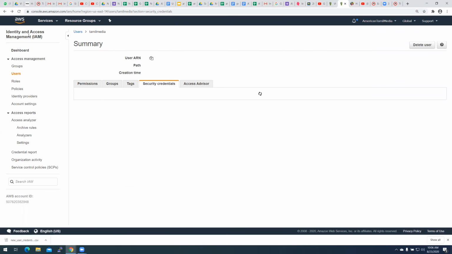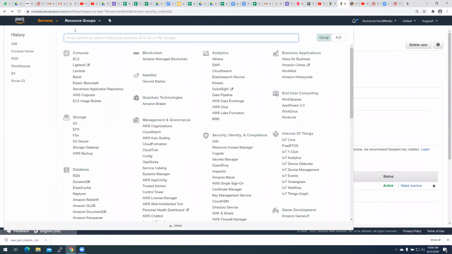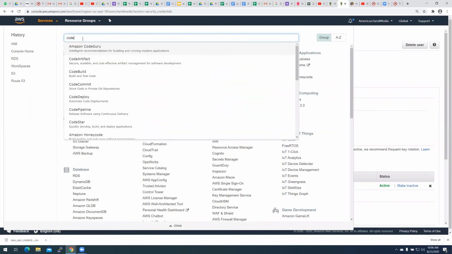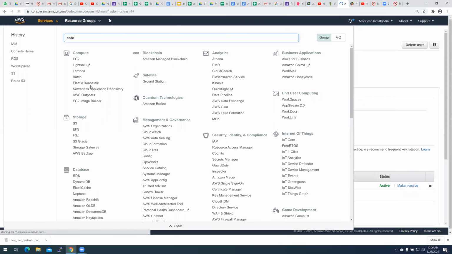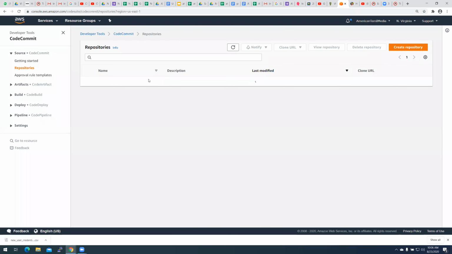We are talking about it, so why not see what it is? Let's go to services, and it's called CodeCommit, right? CodeCommit is a code repository where you can maintain code, versions, and you can share within the team.